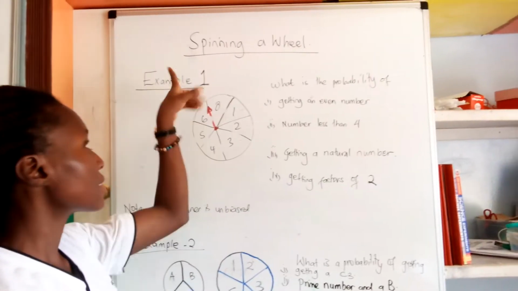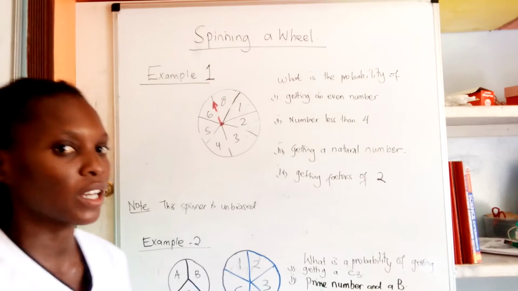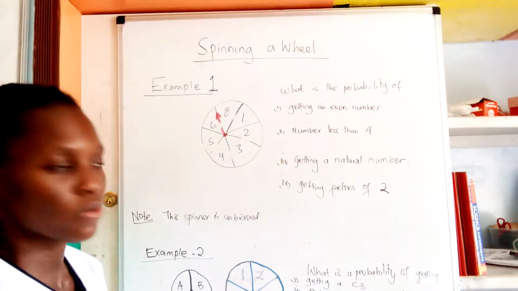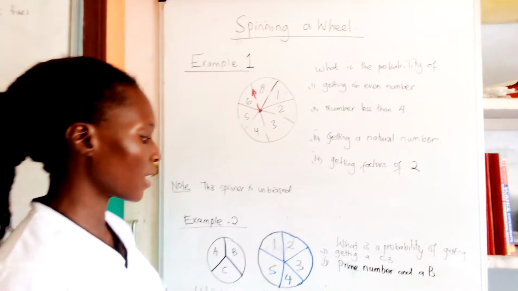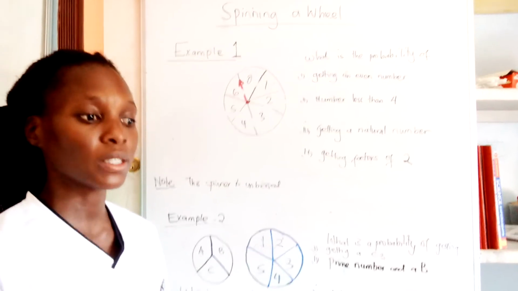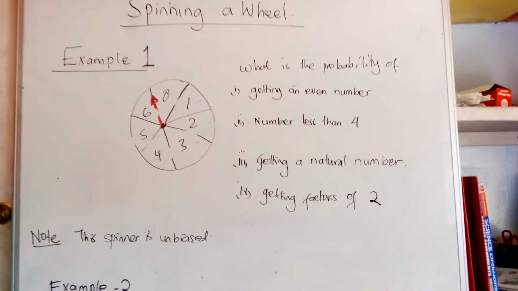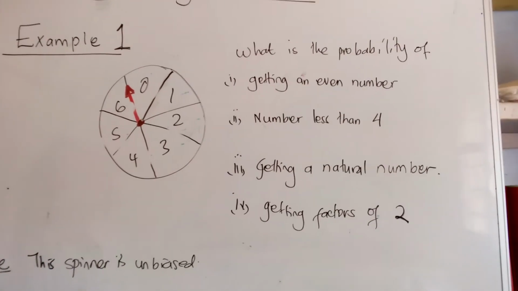Going to have something to do with spinning a wheel. It is something we are very familiar with, and we're just going to rush through a few things and then have the work in our workbooks that has to do with spinning a wheel done today. And we're going to start with this simple example where we have a wheel that has 7 portions, 7